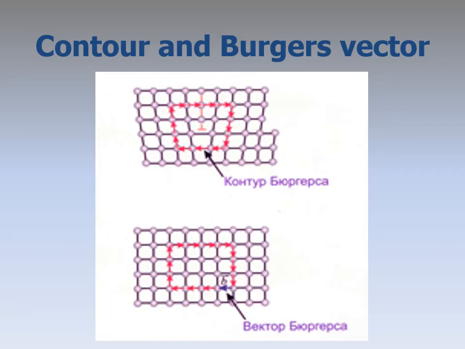To estimate the degree of distortion of the lattice caused by dislocation, one should compare a perfect crystal with an imperfect one containing a dislocation. To do this, use a construction called the Burgers contour. The Burgers vector is a measure of lattice distortion due to the presence of dislocation in it. It determines the dimension of dislocations, the shift effects, the mobility of dislocations, and thus is the main quantitative characteristic